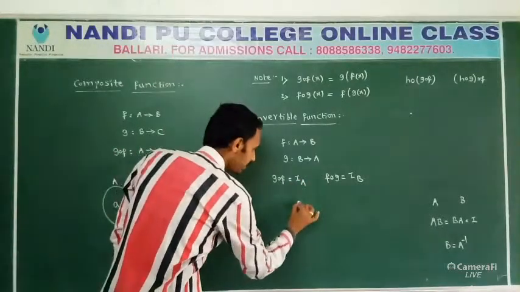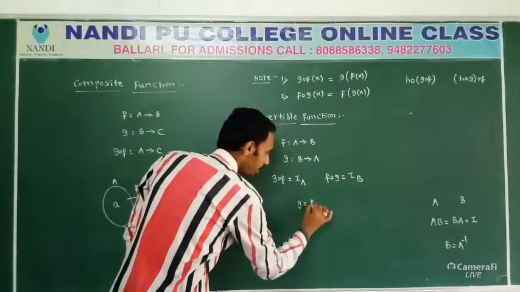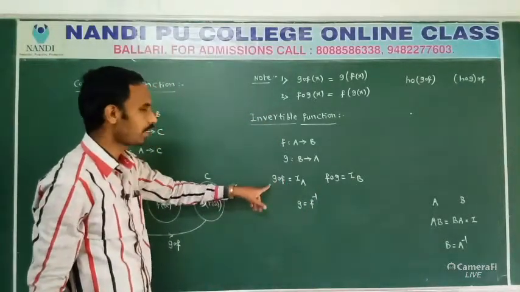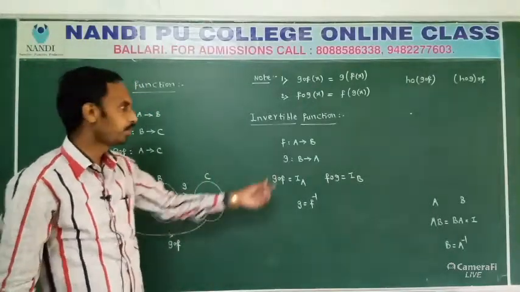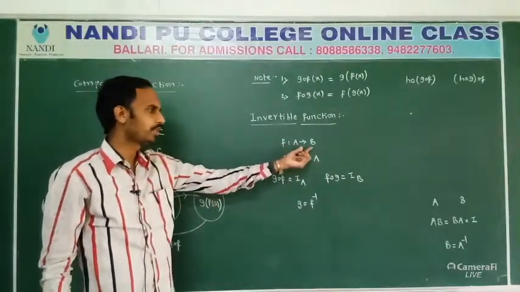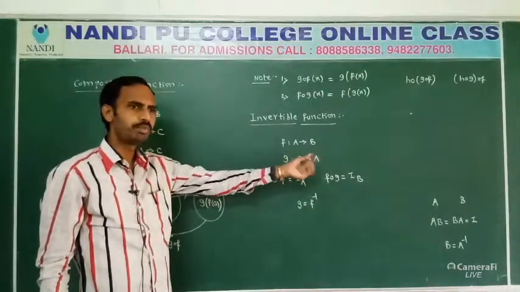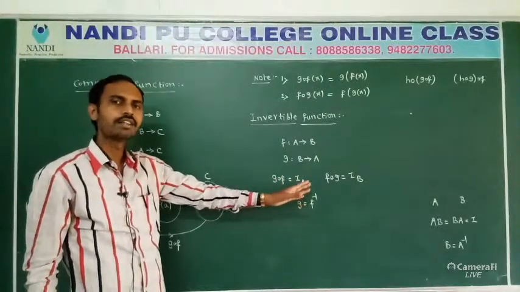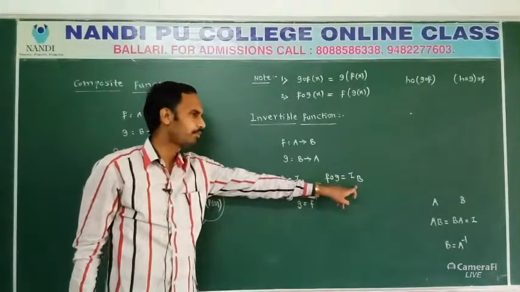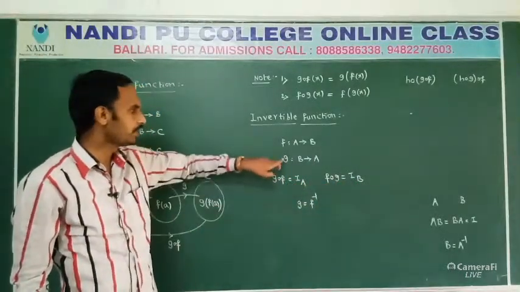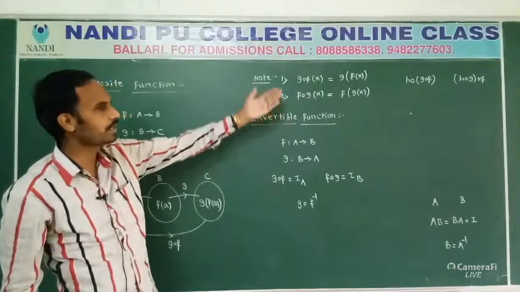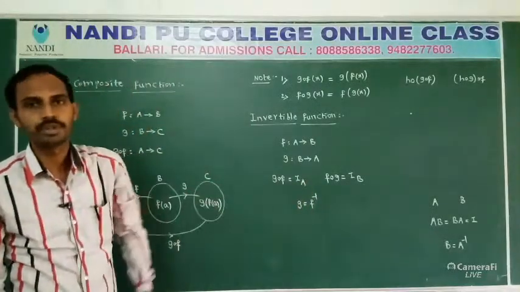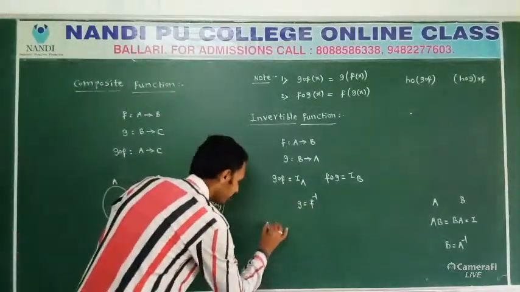So then G is called the inverse of F. It can be written as G is equal to F inverse. Here G is called the inverse of F, and F is called the inverse of G, vice versa. If F is a function from A to B, then there exists another function G from B to A such that G circle F equal to IA, the identity function defined on A, and F circle G equal to IB. When two conditions are satisfied, G is called the inverse of F, and F is called the inverse of G. It can be written as B is equal to A inverse; in the same way, G is equal to F inverse. Right. And note: